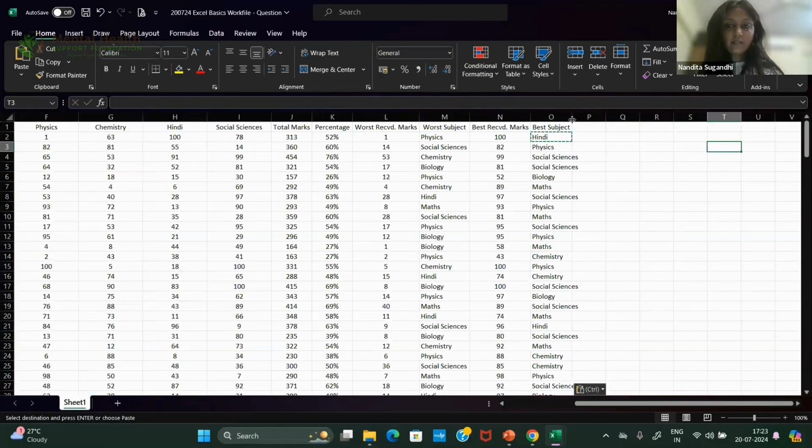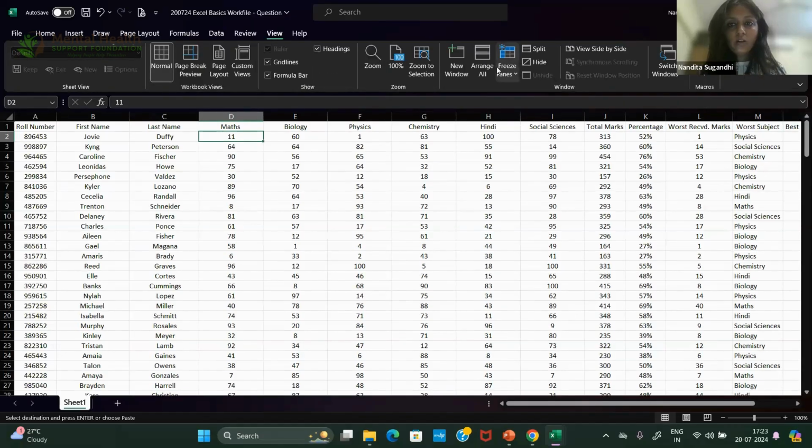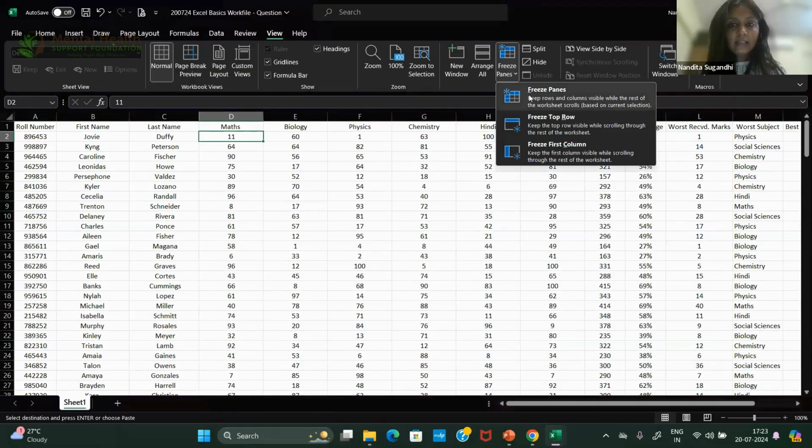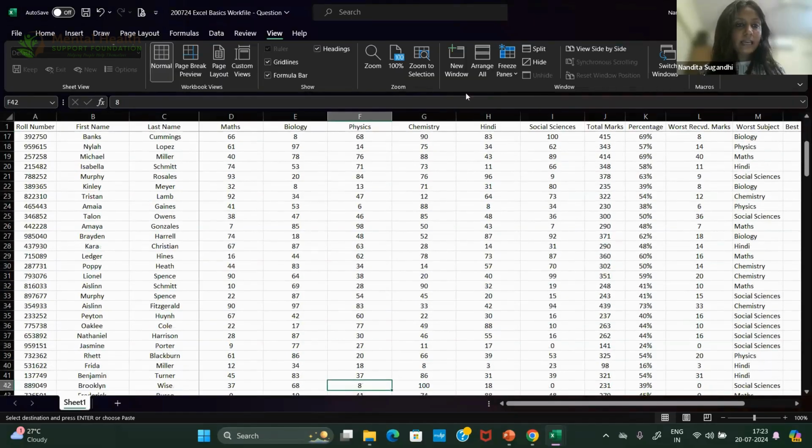That's how it is. I think it's getting a little difficult to identify which student is performing how. So I'll just go here, place my selected cell here, go to view, go to freeze panes, and freeze the panes. Now, even if I move down, I can still see the titles of the column.